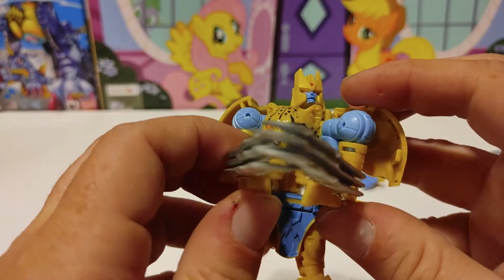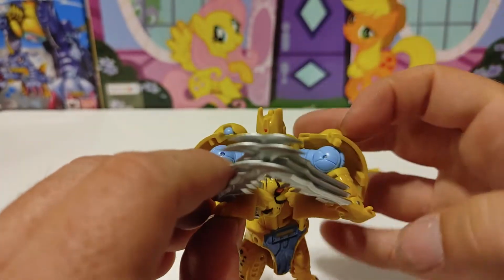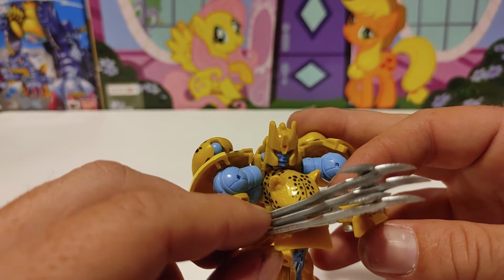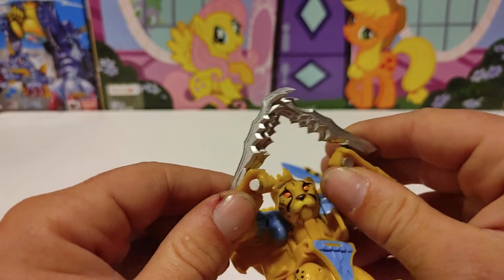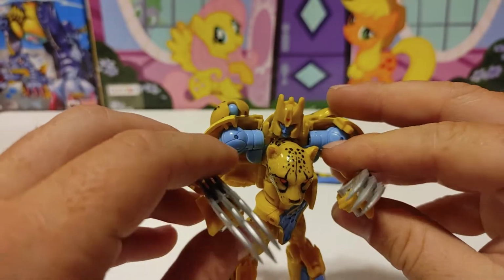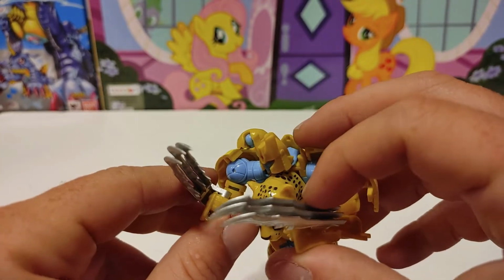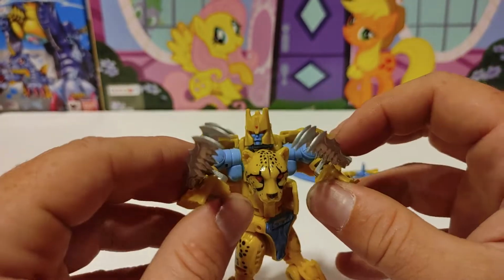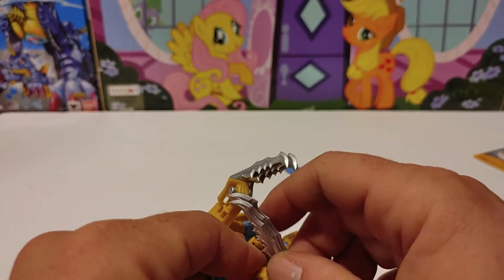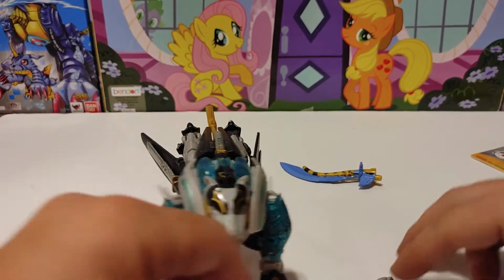Or you could have him, if you really want to, go like, excellent, my claws are ready. These are neat, but I have no recollection within the original show of him ever using long claws in any of his forms. That being said, I think these look a lot better on Go Prime's, I can't remember, he's been redone, but, you know,